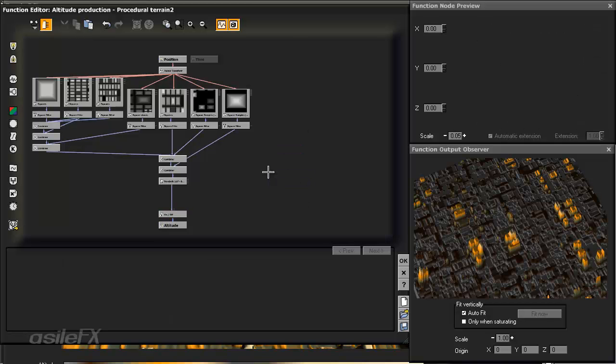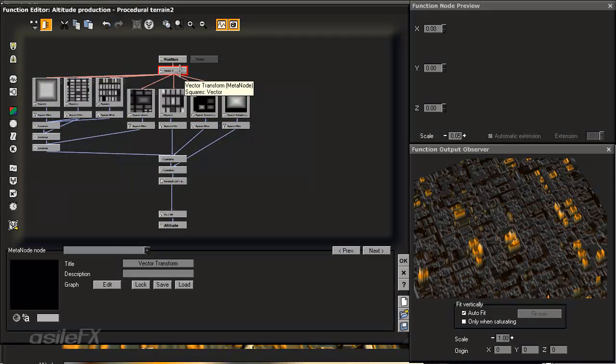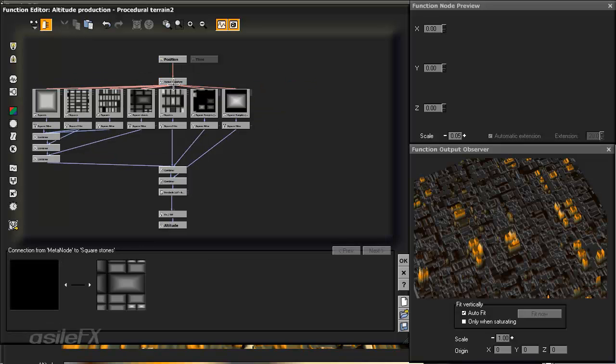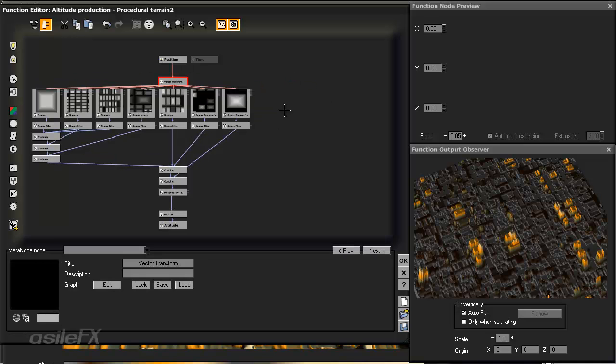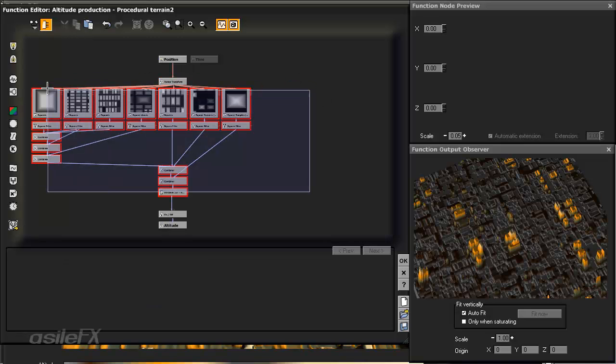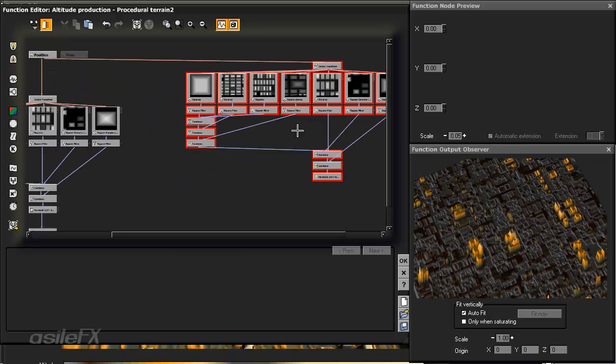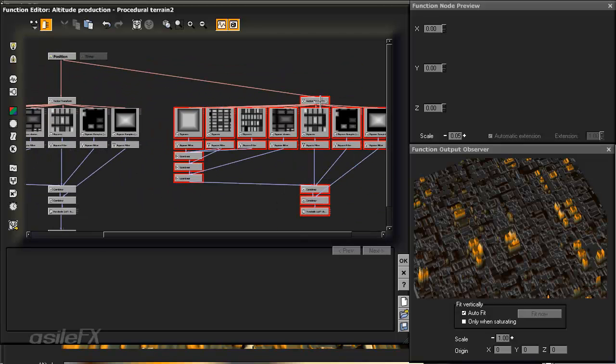What we can do is just copy and paste this entire function over. You can also choose to modify if you want to have a separate vector transformation so that we can keep those vectors separated. What I'm going to do is copy all of this, Control C with it all selected, go over here to the right and paste it all in, and then